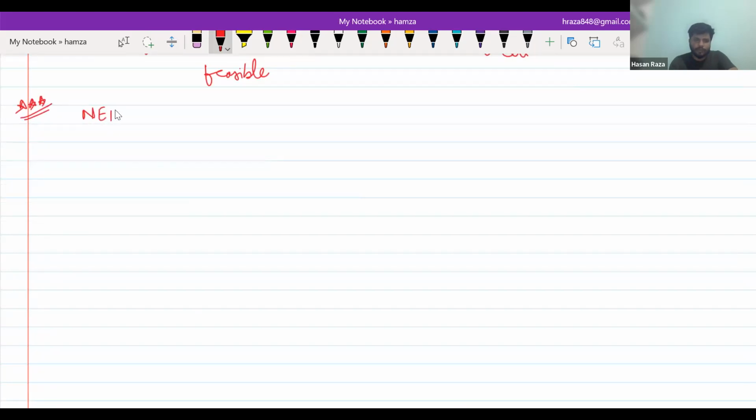Now see, the next topic is very important, which is the Nernst equation. I'm going to write the Nernst equation, which is very easy. We have already completed the basic terms of electrochemistry, E naught cell and all. Now see, the Nernst equation has a formula, that is E cell is equal to E naught cell minus